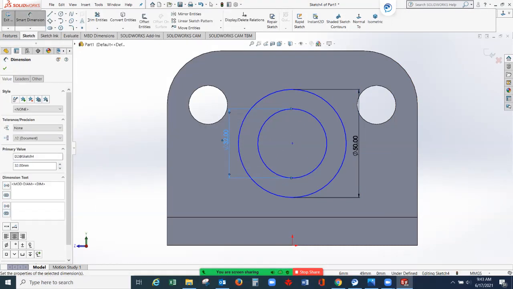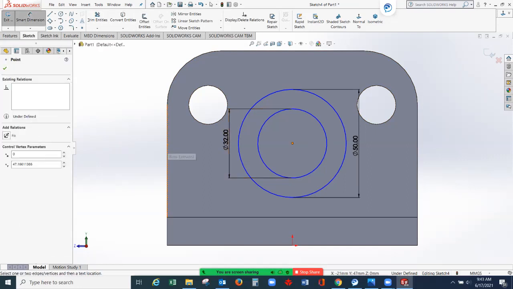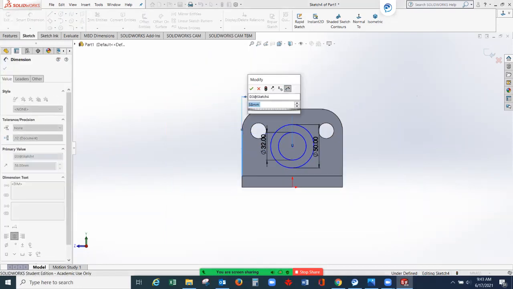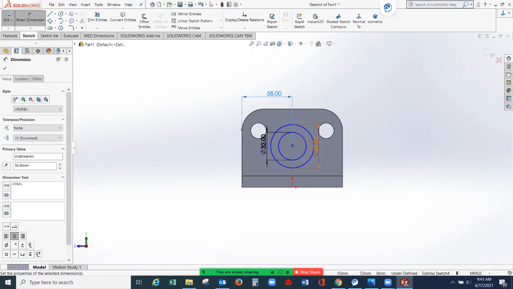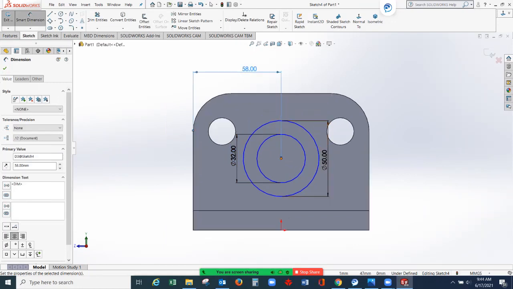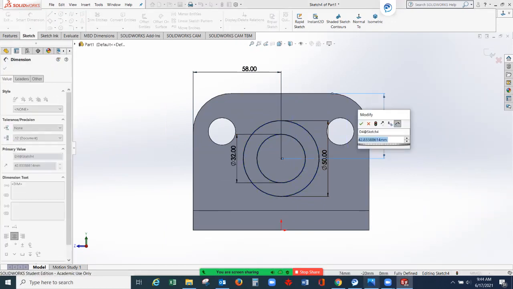Now from here, we can locate the center point of these two circles by giving a dimension. So from here up to here. So to make it on the middle, let's say the total length is 116. So divide by 2. You can get it by 58. So this is the distance from this corner here. And then from the top here,